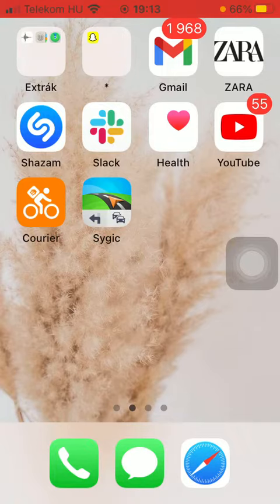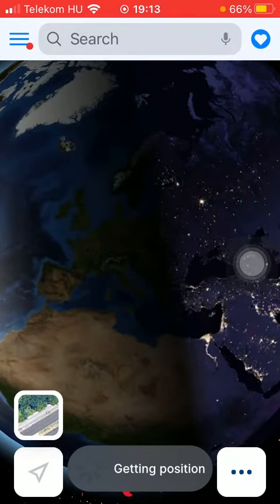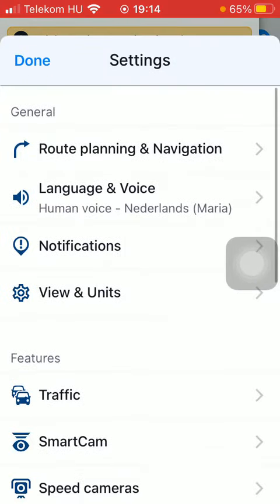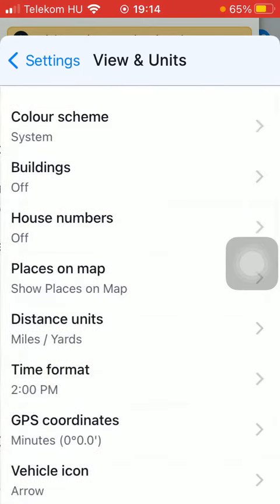First of all, open the application on your phone. After that, you should tap on this menu icon in the upper left corner of the screen. Settings button. Tap on View and Units within the General section. And after that, you should scroll down to the bottom of the screen where you can find this vehicle icon